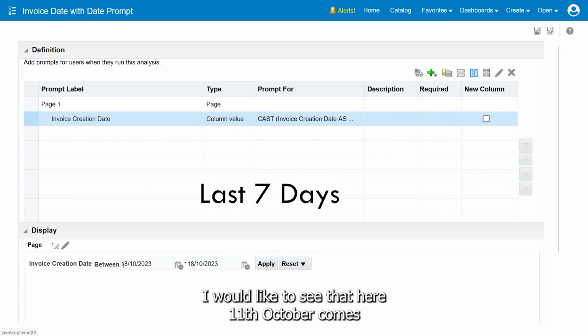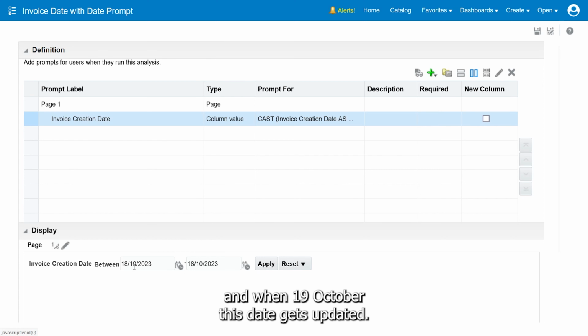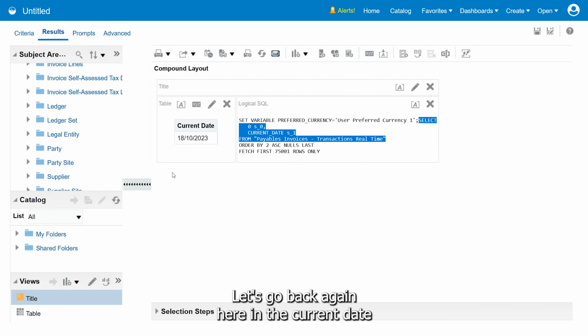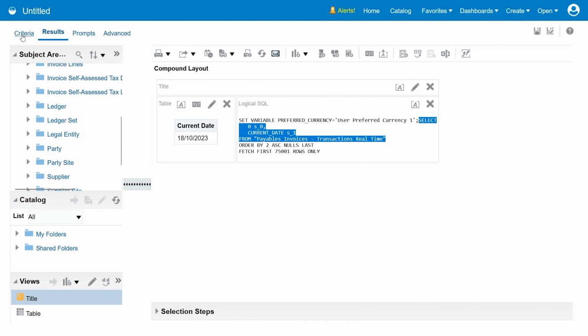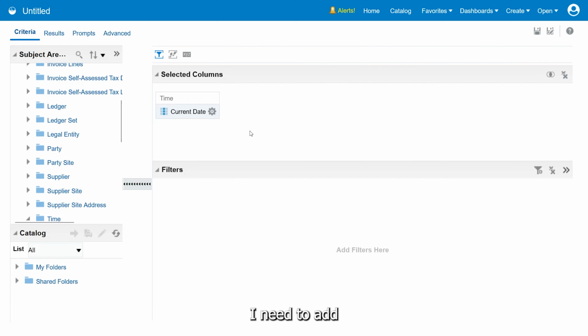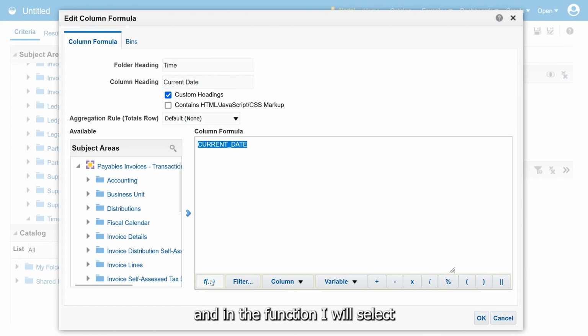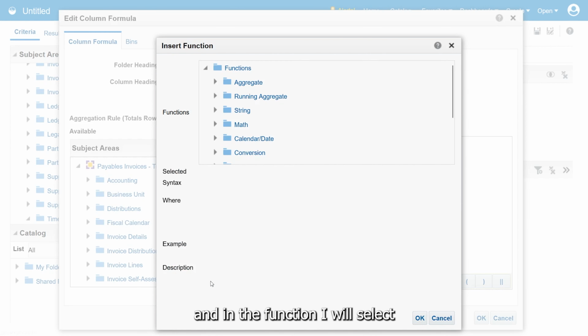Okay, and now we can see that the from and to date has been defaulted to the current date. I would like to see that here 11th October comes, and when 19th October comes this date gets updated. Let's go back again. In the current date I need to add -7 days. So I will go back again to edit formula, and in the function I will select the function